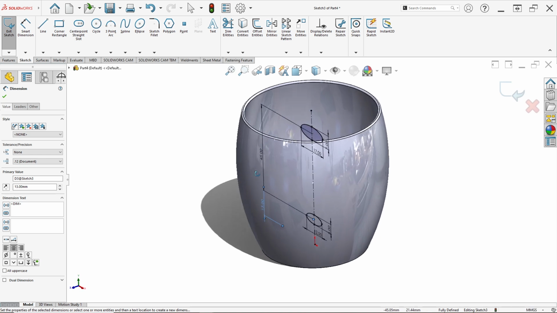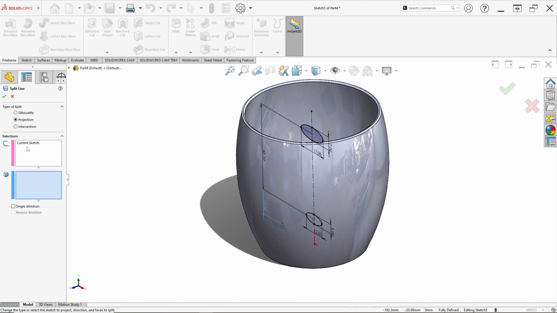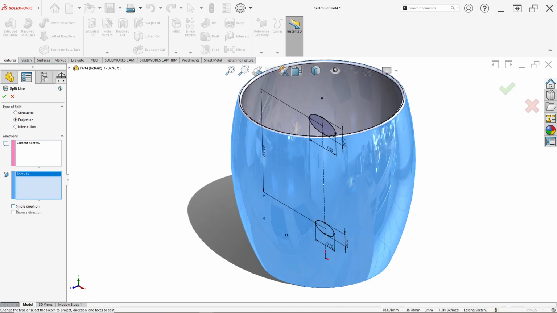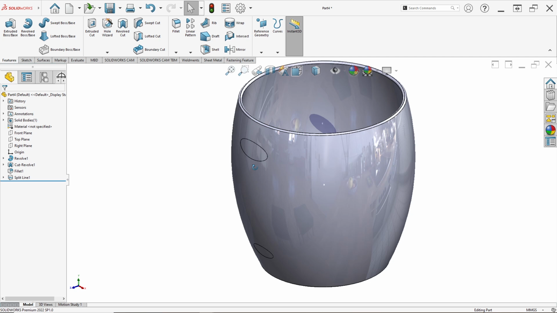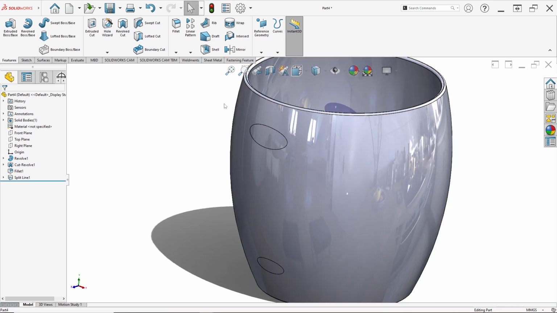After that, go to Features, select Curves, and click Split Line. Selection is the current sketch. Click Projection, and for the face click this face. Click Single Direction, check Reverse Direction, and click OK.